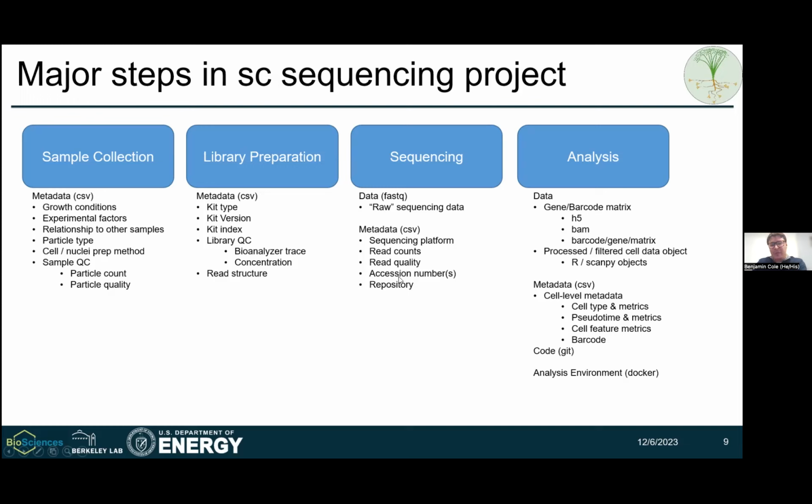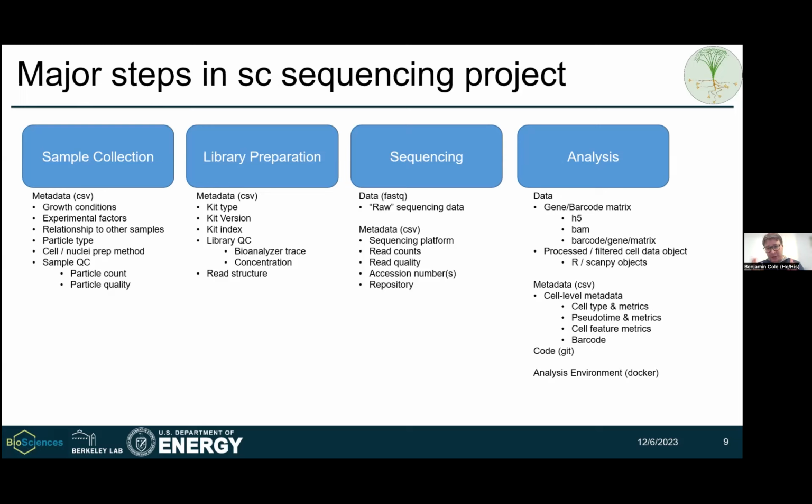Providing all this information makes it easier for automated tools to go and grab that data and work with it. And then finally, as I was mentioning, it's really important for any metadata that comes out of the analysis to also be reported. For primary analysis, this is just transforming those FASTQs into gene matrices. These are typically encoded as either just a sparse matrix, an H5 file, which is becoming more popular now, or alignment file types like BAM or SAM.